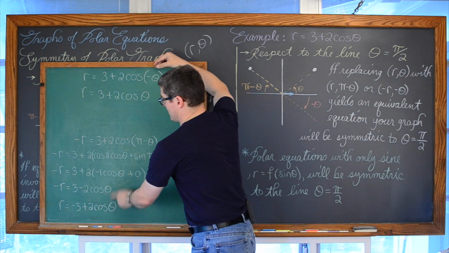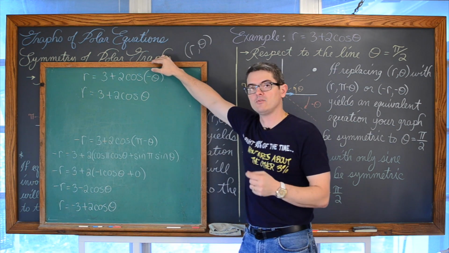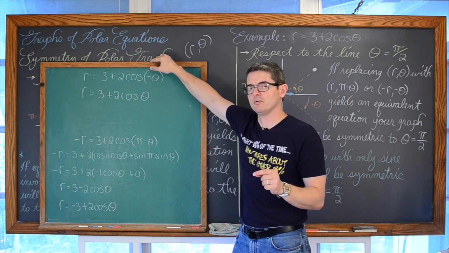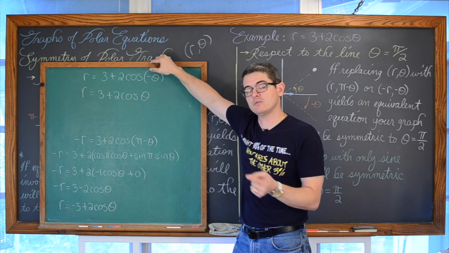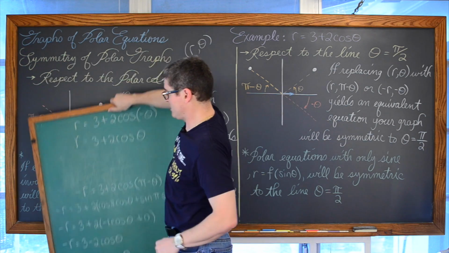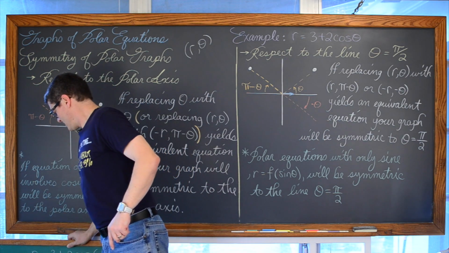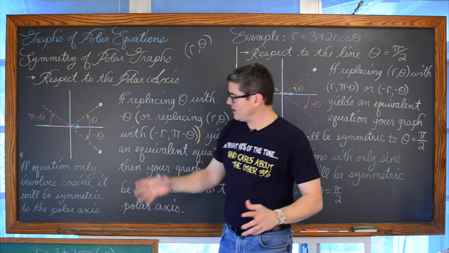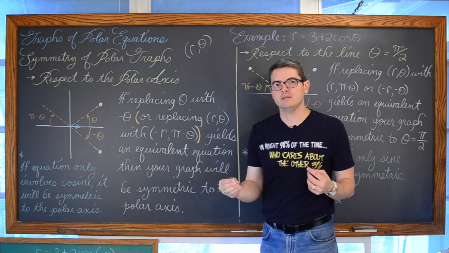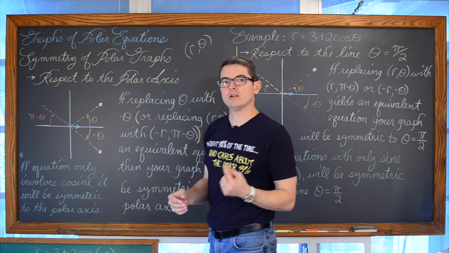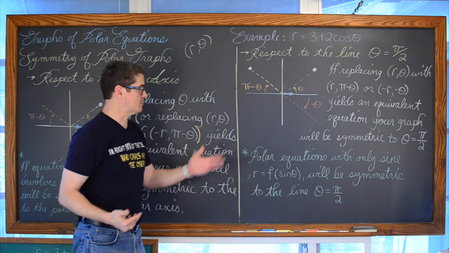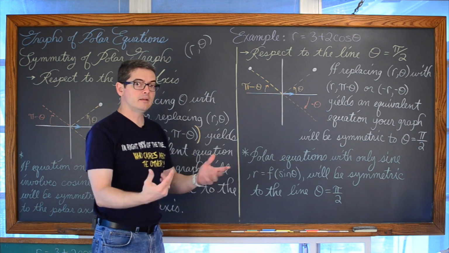When you're testing for symmetry, if this is the only test that we did, the algebra would show, not that there's no symmetry to the polar axis, but just that we're not guaranteed. So these three checks that I'm giving you, and by the way, we wouldn't have had to do both of these. As soon as we did one check and it worked, we could have stopped. If the algebra check fails, it's not that that symmetry does not exist. We're just not guaranteed that it exists. You might still notice a symmetry as you develop your graph. It's just that you had to plot more points maybe to see that symmetry start to happen, as opposed to an algebraic check that just told you immediately, and thus could save you some time.